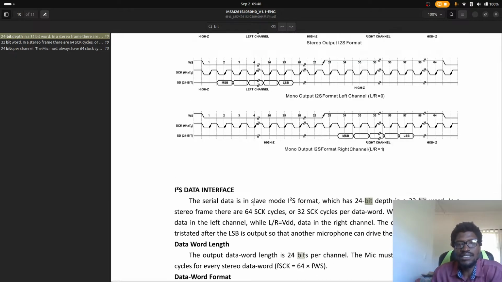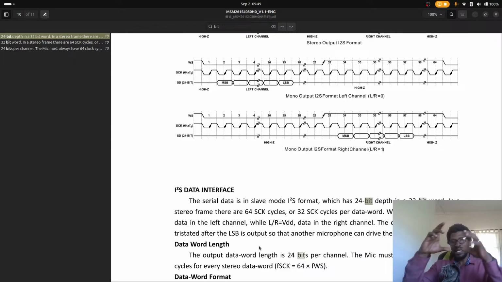The serial data is in slave mode, I2S format, which has a 24-bit depth in a 32-bit word. What does that mean? It means that we get a 32-bit word. We get a 4-byte packet from I2S. However, this 4-byte packet consists of 24 bits that are our data. Okay, so basically